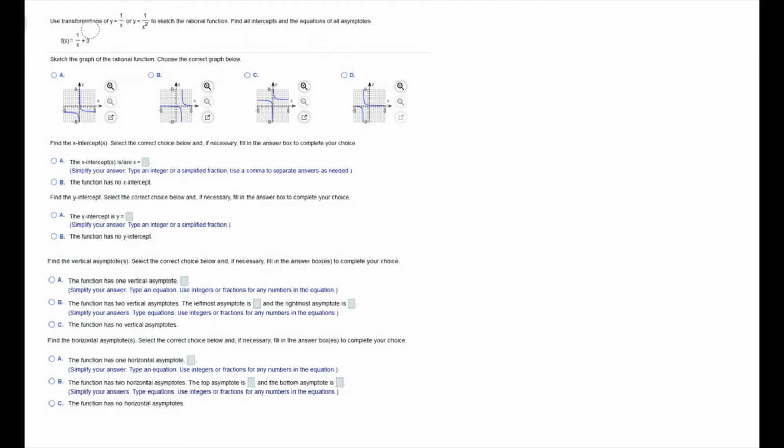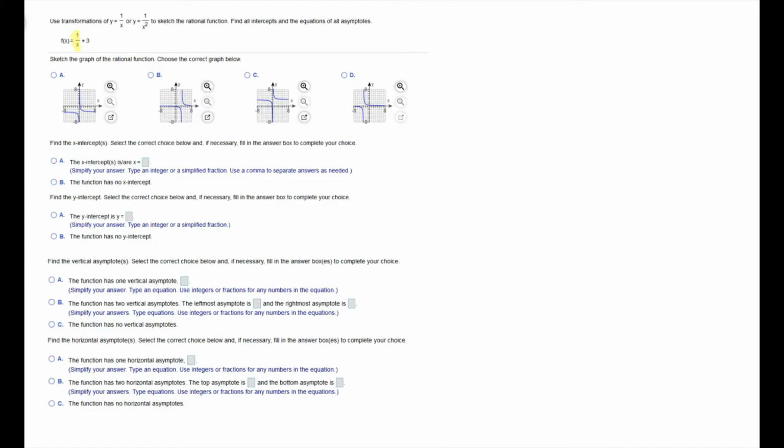The next question says, use transformations of y equals 1 over x or y equals 1 over x squared to sketch the rational function. Find all the intercepts and the equations of all asymptotes. So in order for us to graph with transformations, we have to know the starting graph. So if we take a look at our function, which is f of x equals 1 over x plus 3,